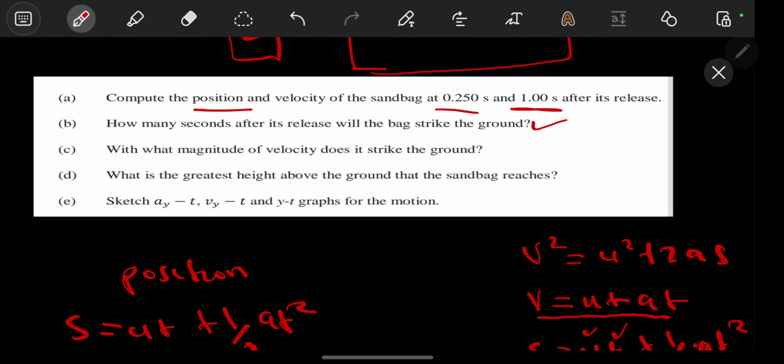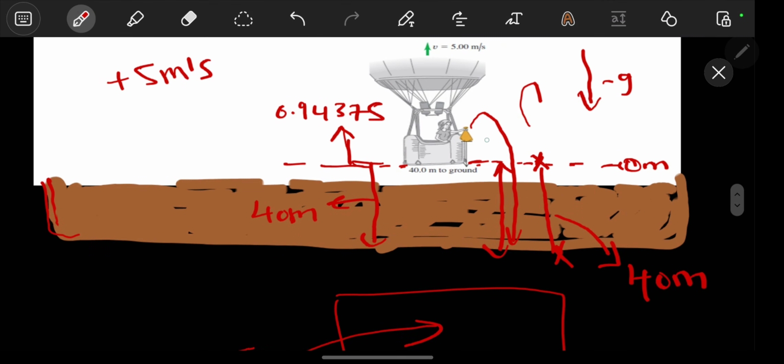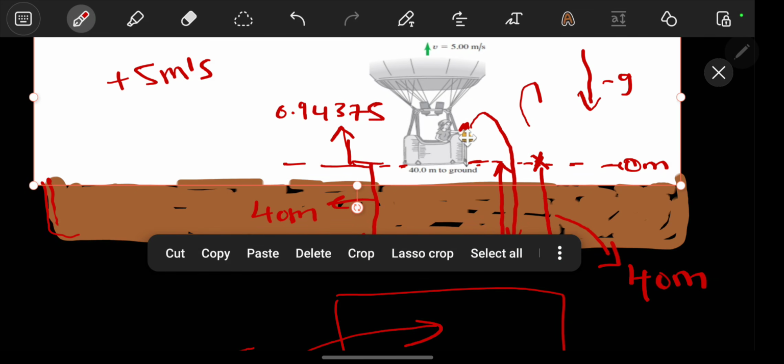So how do you find when the bag will strike the ground? Remember what we said: regardless of where it went, yes, it went a bit up, but we don't care about that. The initial position is here and the final position is here. So if this is the 40-meter mark, then wherever it will go, even if it went up,